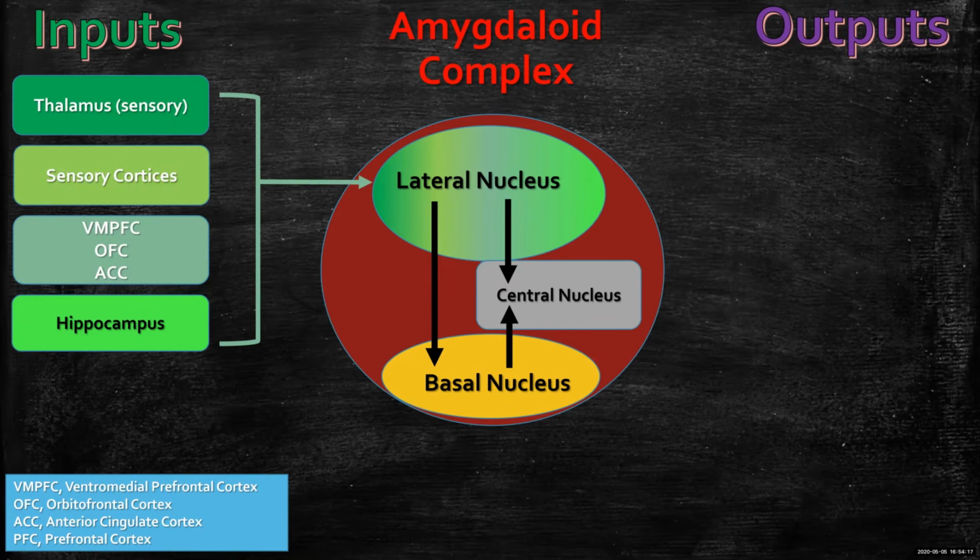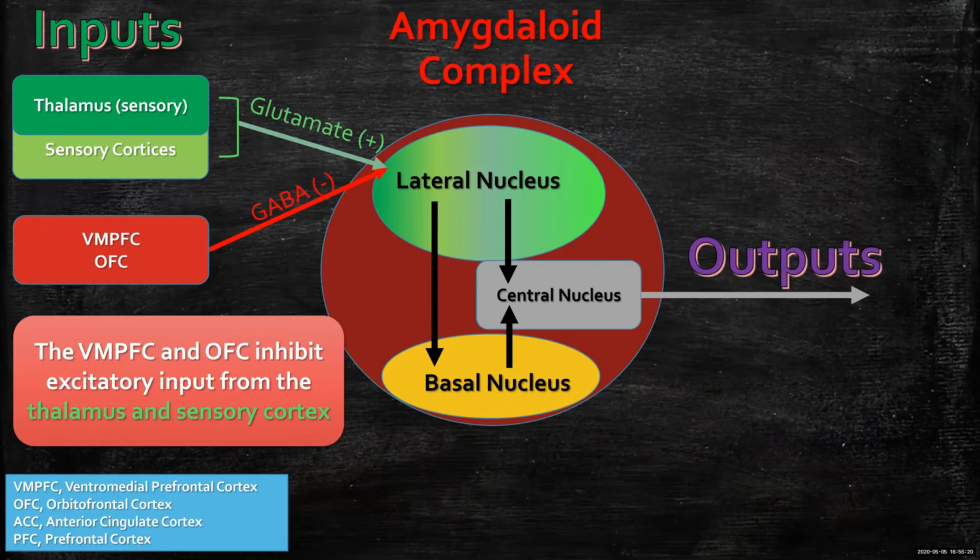Visual cortex is activated because he is now seeing a very scary clown. His hippocampus is activated as it's trying to look through the memory bank to identify if this type of situation has ever been encountered before. The ventromedial prefrontal cortex and the orbitofrontal cortex both become activated because these areas are involved in emotional processing and tend to have an inhibitory effect at the amygdala.